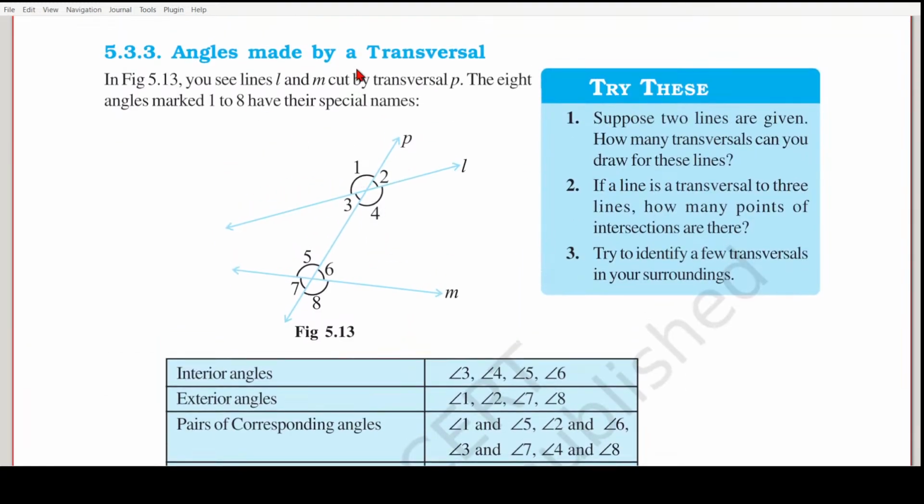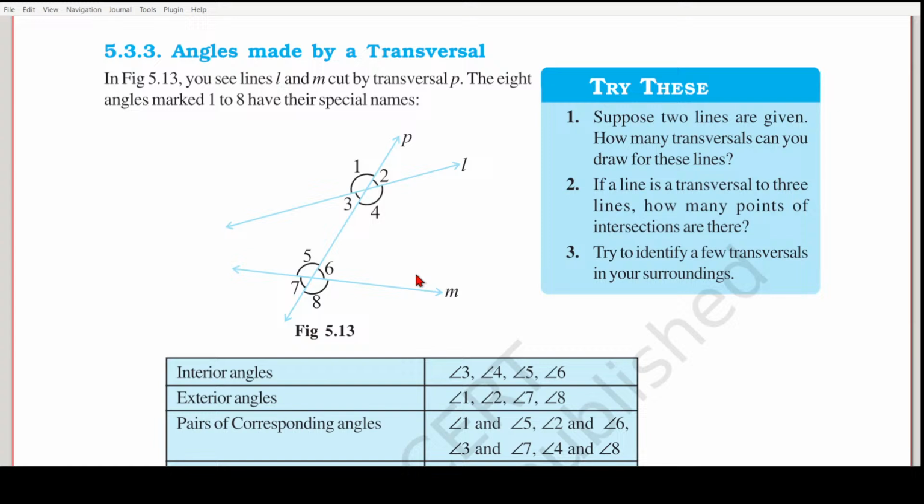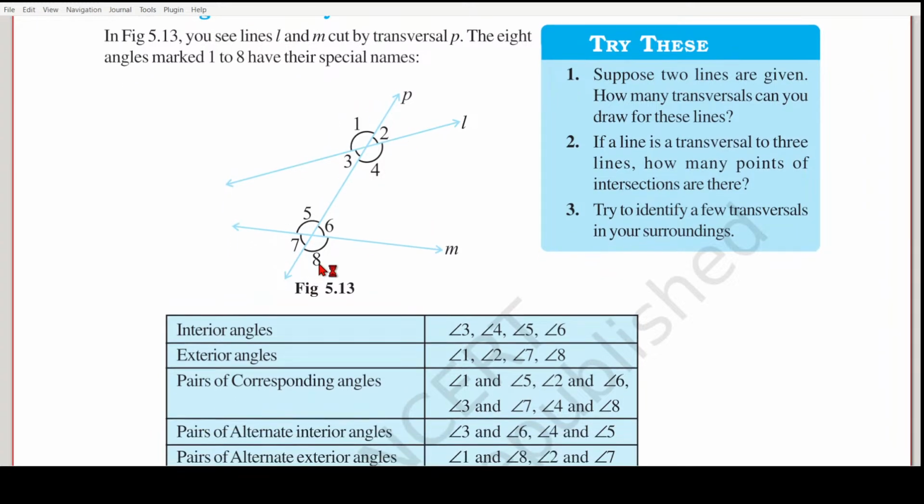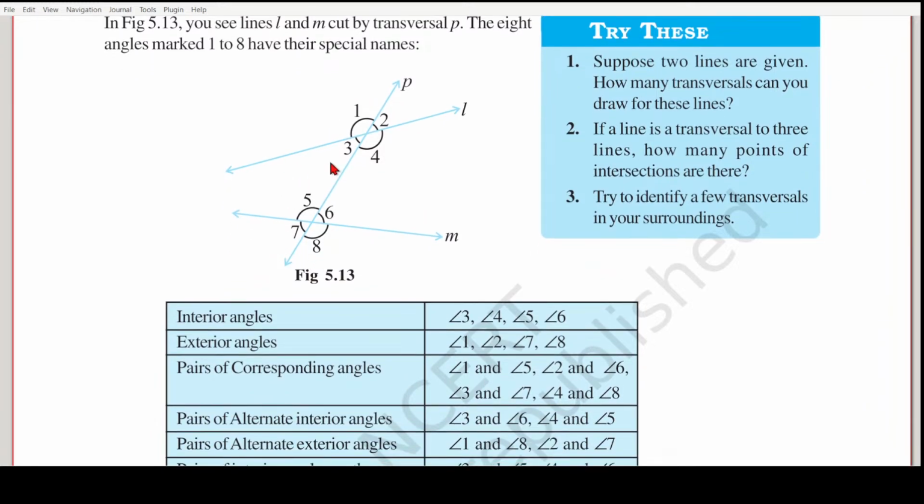So now look at this. There are two lines L and M. These two lines are being met by this line P. P is the transversal, right? Whenever two lines are met by a transversal, we get four angles at each intersection: 1, 2, 3, 4, 5, 6, 7, 8. We are getting a total of 8 angles, of which the inside four, let's say these inside four, 3,